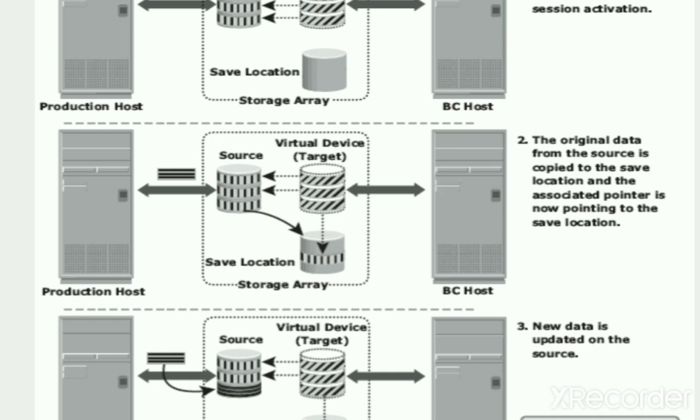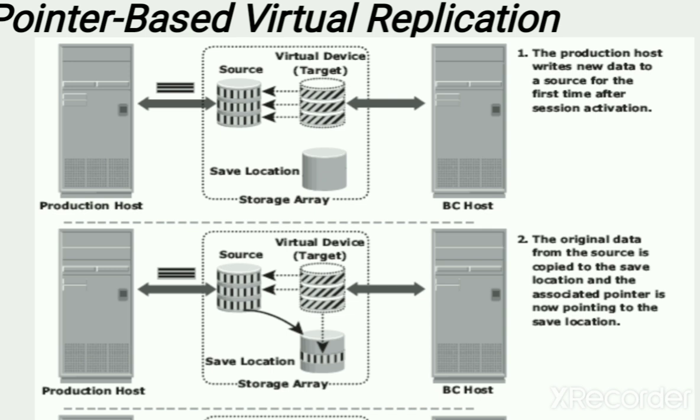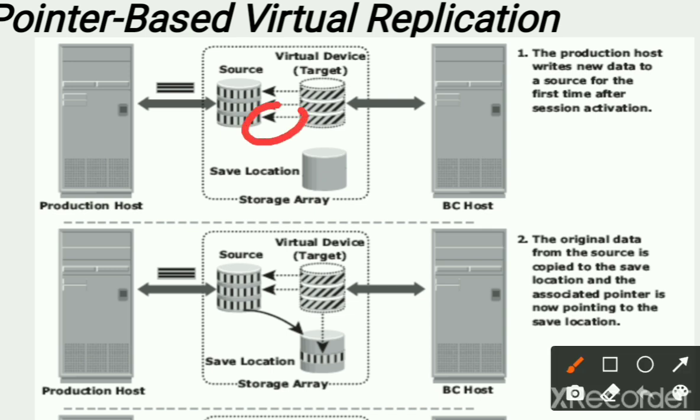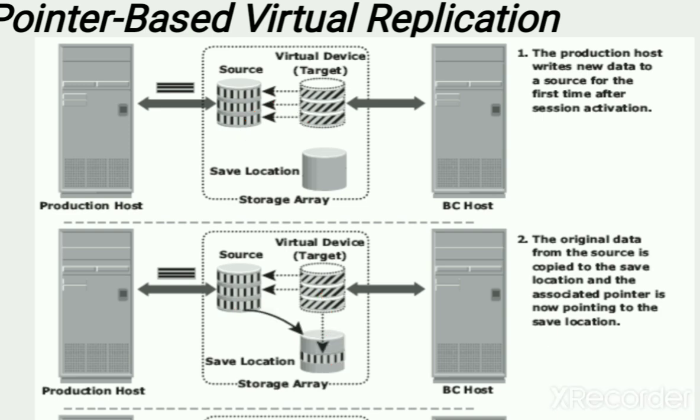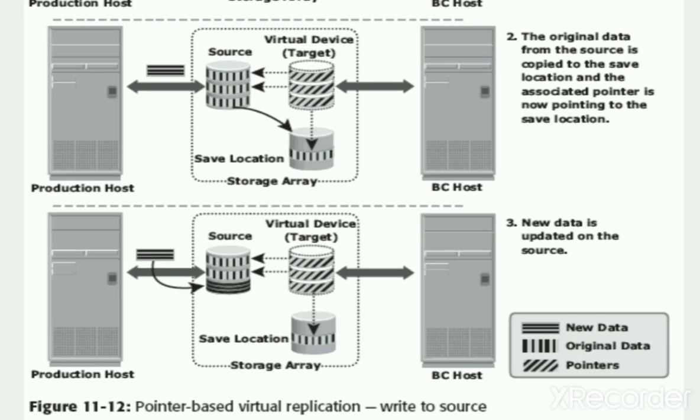Now if you check the previous diagram, initially all three pointers, the storage locations, were pointing to the particular storage lines from the source. Now you can check the third arrow mark, right? As the data is being moved to the save location, the pointer is pointing to that save location. Okay, in the same way, moving on, whenever new data is updated on the source,